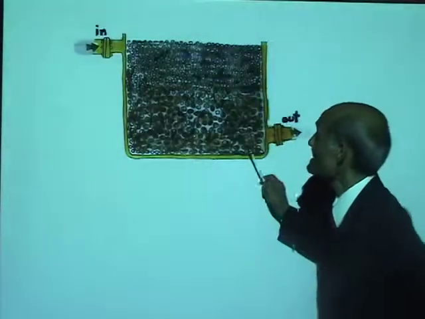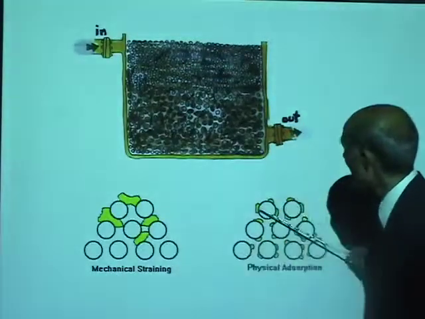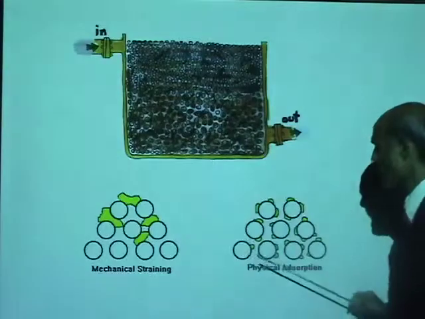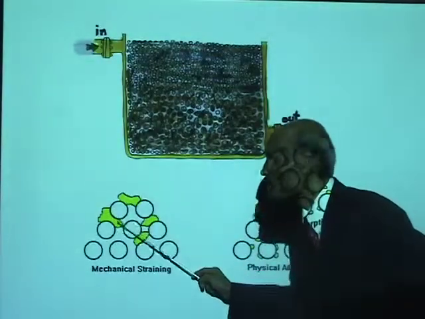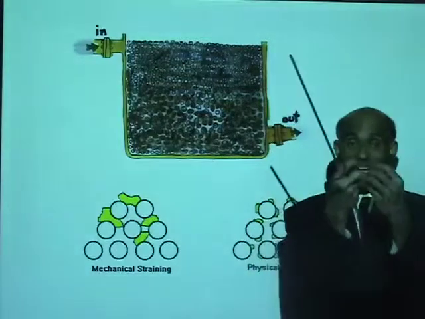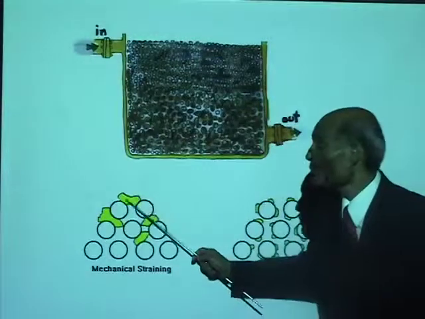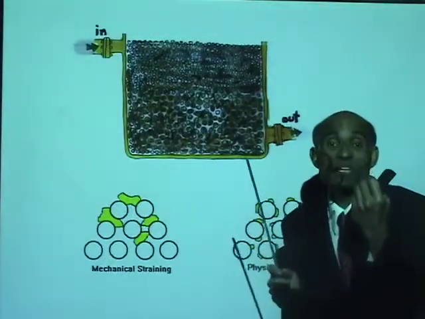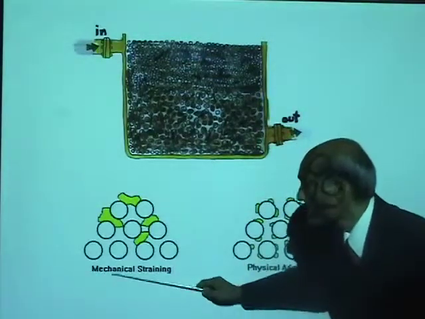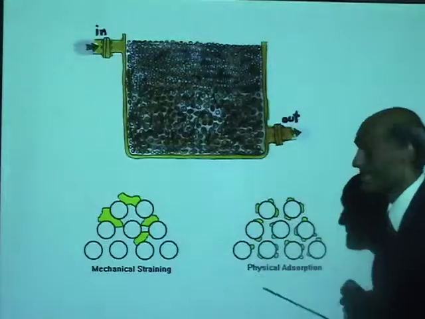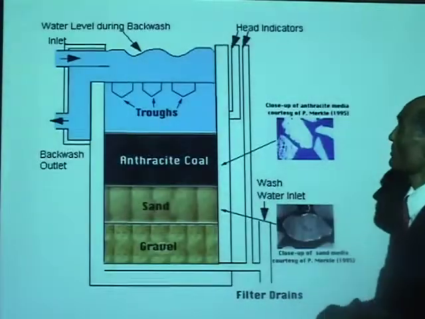Now, here I have shown the sand part one more time. How sand actually helps, which is mechanical and physical straining. As water goes through, you know that the space between sands is very small. The space between sands and pebbles will trap these very minute particles and flocks, so that when water goes completely through the sand and pebbles, it will get rid of all these suspended particles.